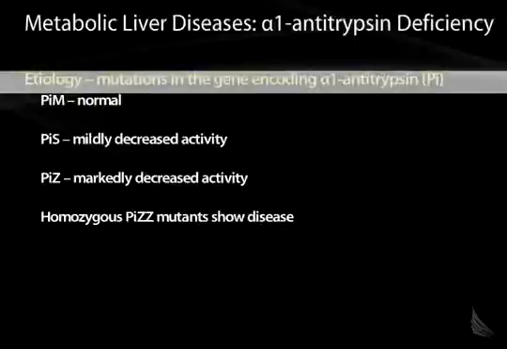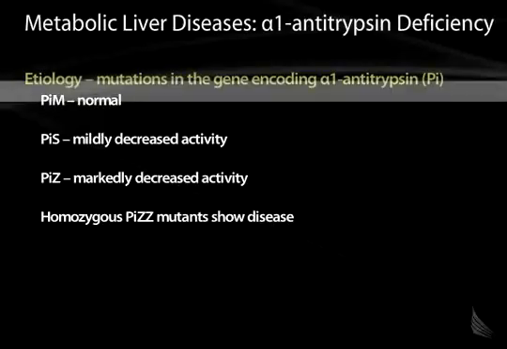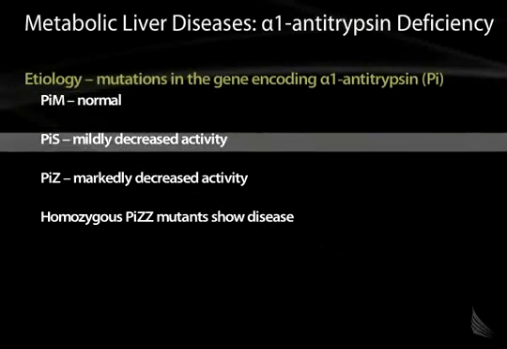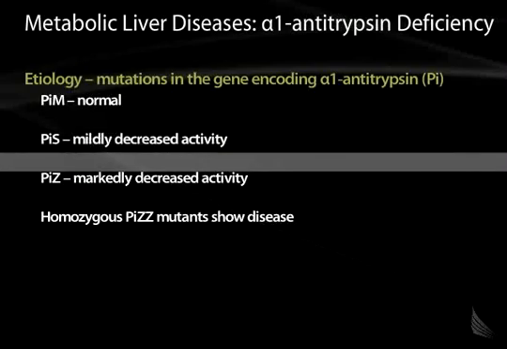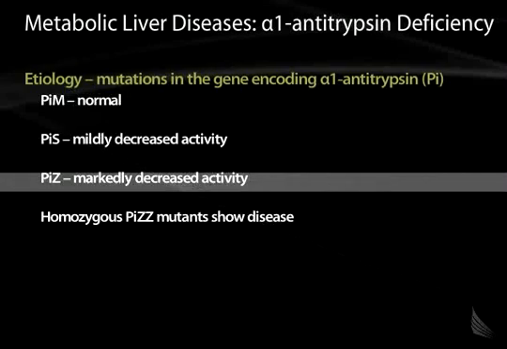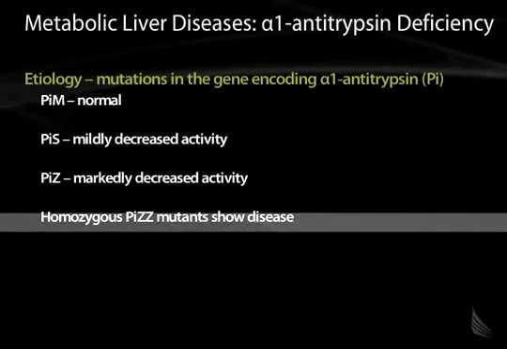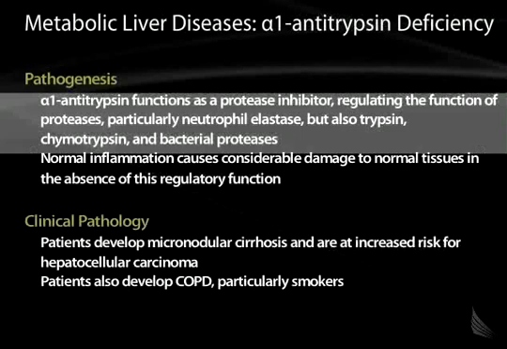Alpha-1 antitrypsin deficiency is characterized by a mutation in the alpha-1 antitrypsin gene. The PIM is normal, PIS is noted by a mild decrease in activity, and the PIZ shows markedly decreased activity. So those patients who are homozygous in PIZ, alpha-1 antitrypsin functions as a protease inhibitor,